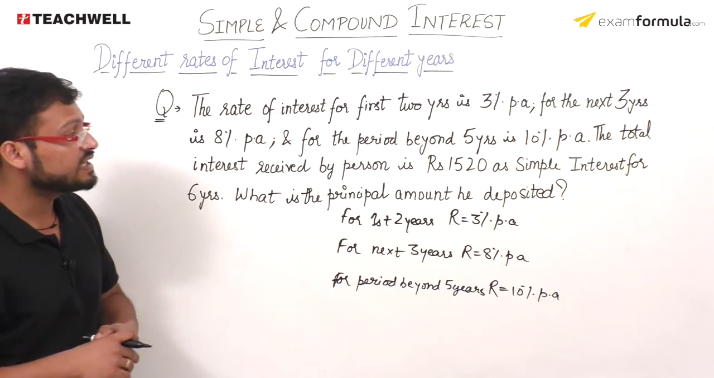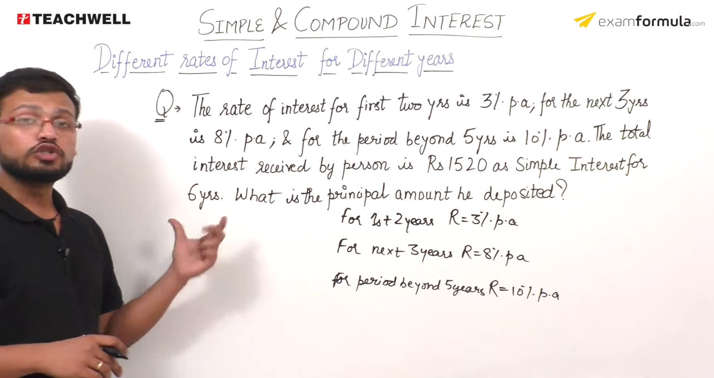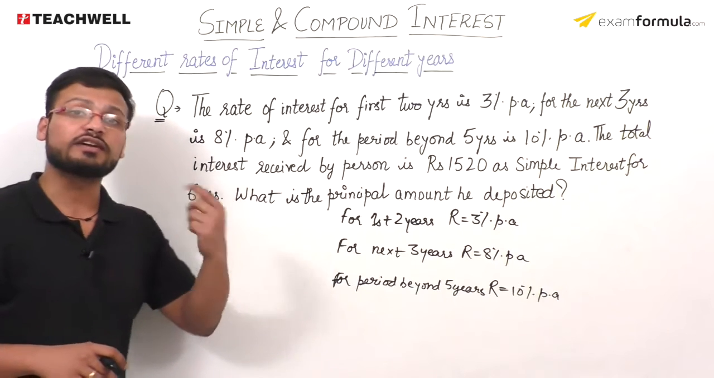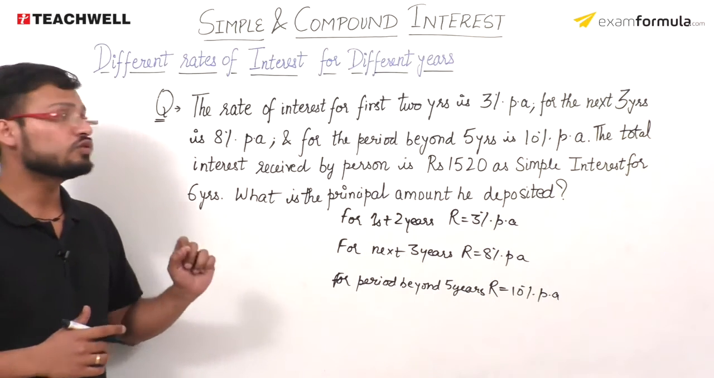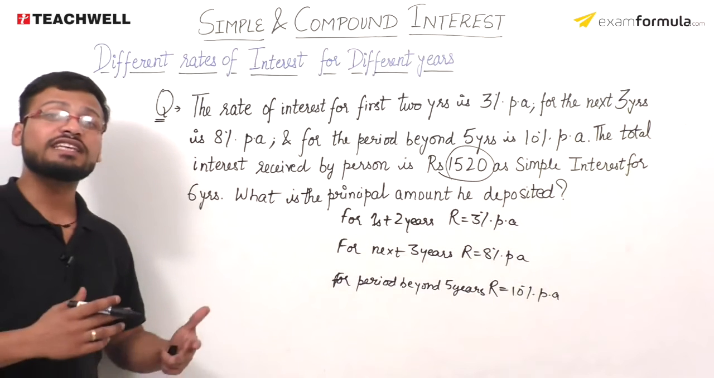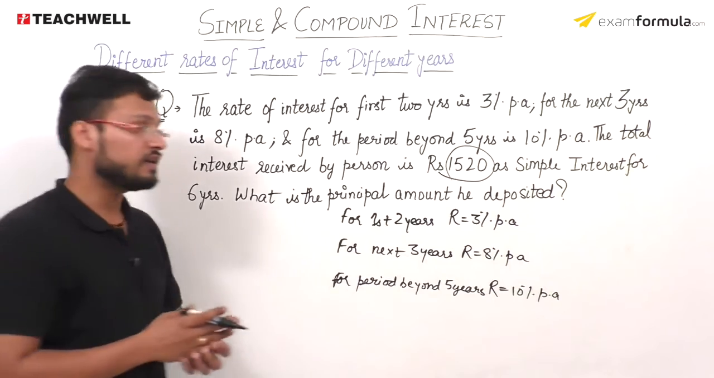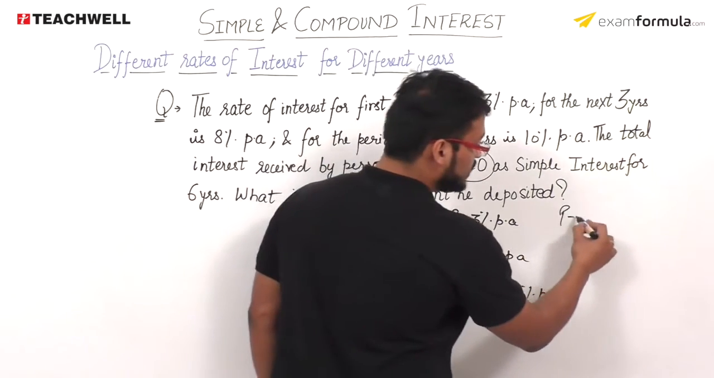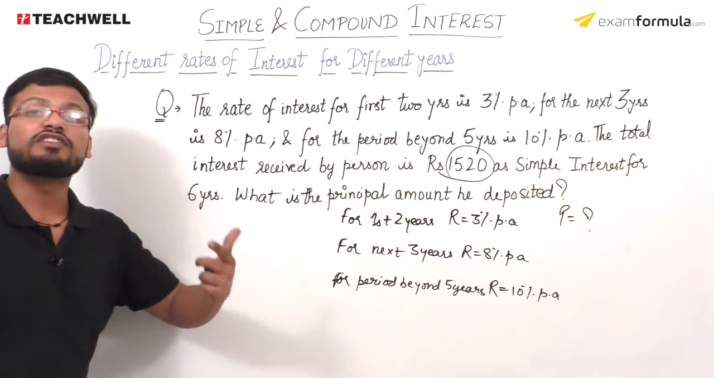Next what he says that the total interest received by the person is rupees 1520 as the simple interest for the 6 years। टोटल जो उसे इंटरेस्ट रियलाइज हुआ है, द टोटल इंटरेस्ट विच इज एक्रूड एट द एंड ऑफ द 6 years, उसकी वैल्यू कितनी गिवन है? दैट इज इक्वल टू 1520 रुपीज। What he is asking me what is the principal amount deposited, means he is asking me the value of the P।